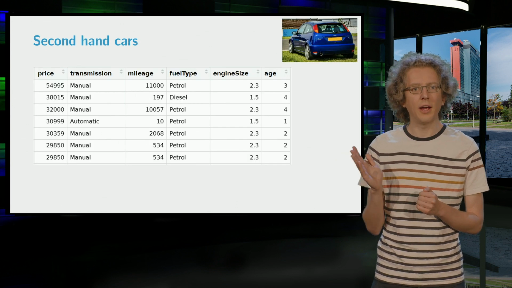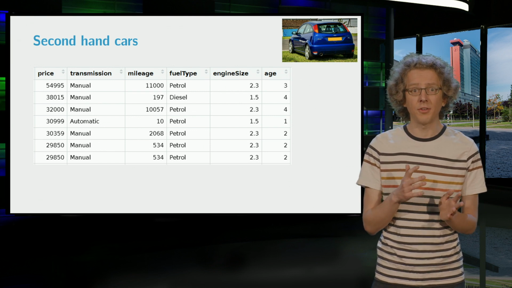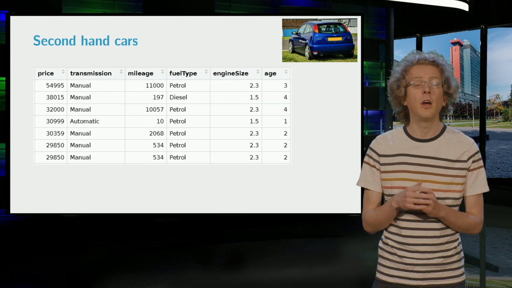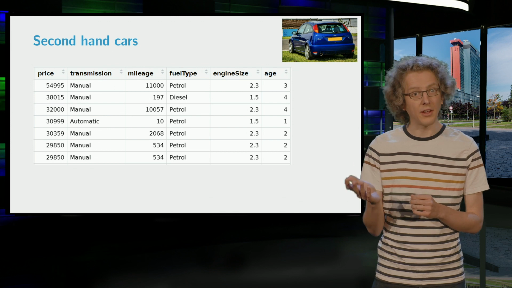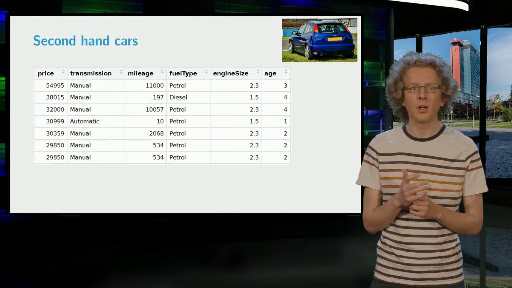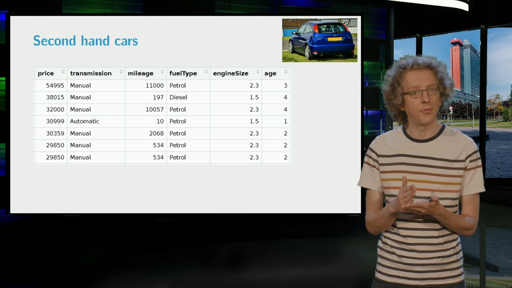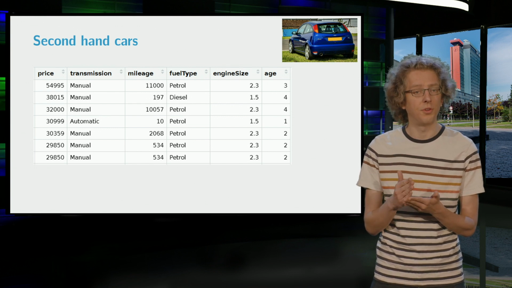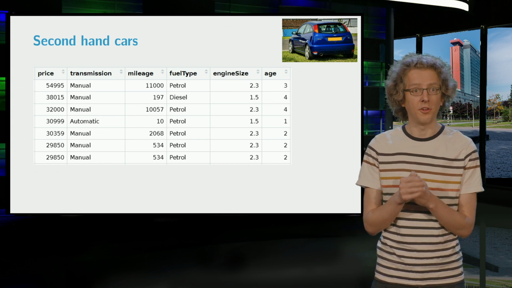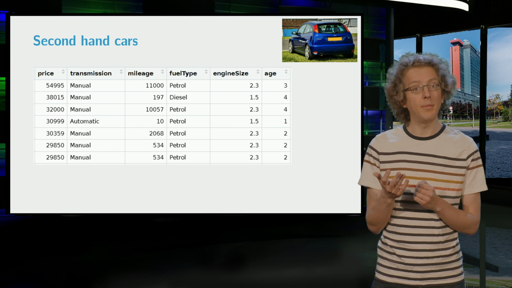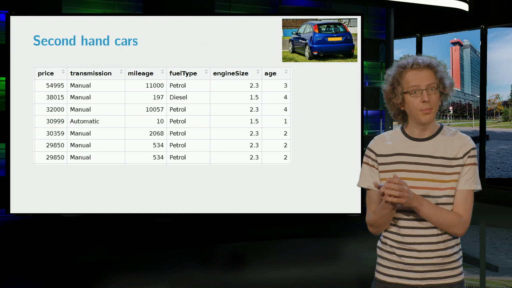Here you see a few lines of a rather large dataset. It contains information on 5,454 cars. All of these cars are Ford Focuses. You see the second-hand price for each of these cars, together with a few of their properties: the age, the engine size, the type of transmission, the mileage, the fuel type. Okay, imagine you're a car salesperson. Then you may be interested in how each of those variables influence the car's second-hand price.